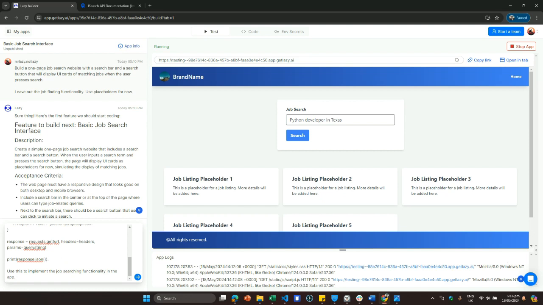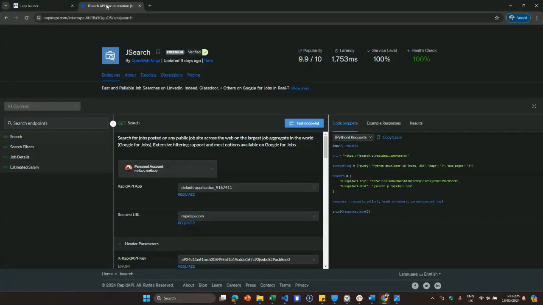So let's say, for example, you get this print response.json. What is this? How can it get the jobs from this thing? What does that mean? And sometimes being more clear can improve the quality of your application. And I can know what exactly this means by going back to Rapid API, and this is why it's a really good collaboration with Lazy,